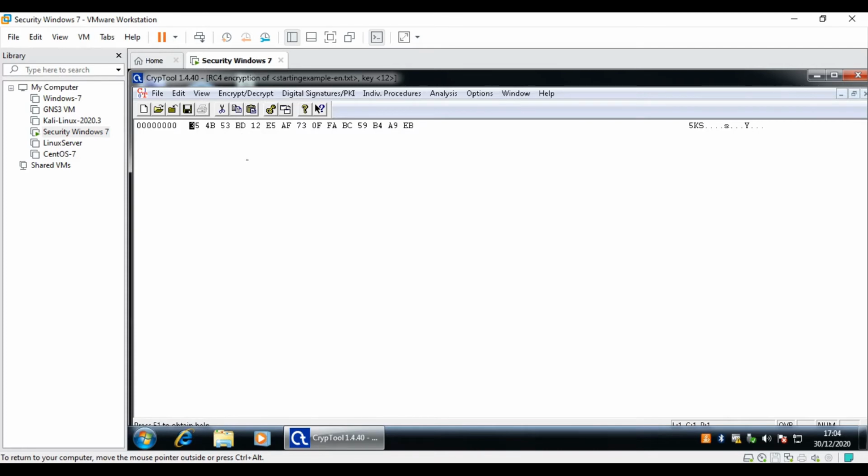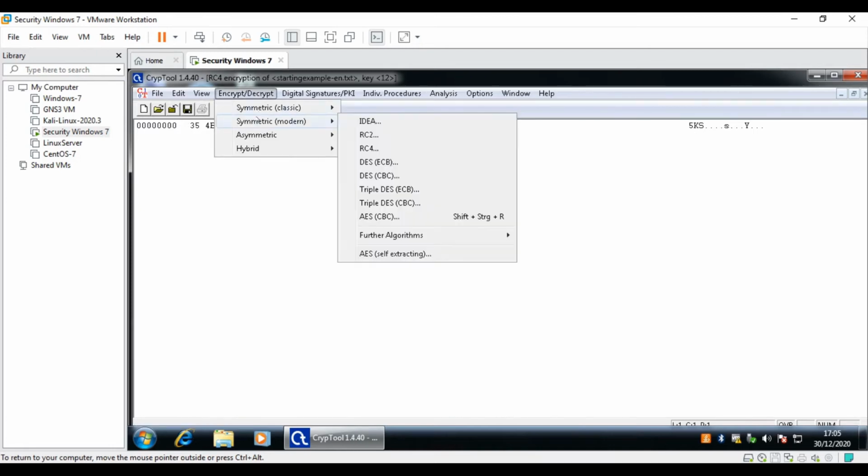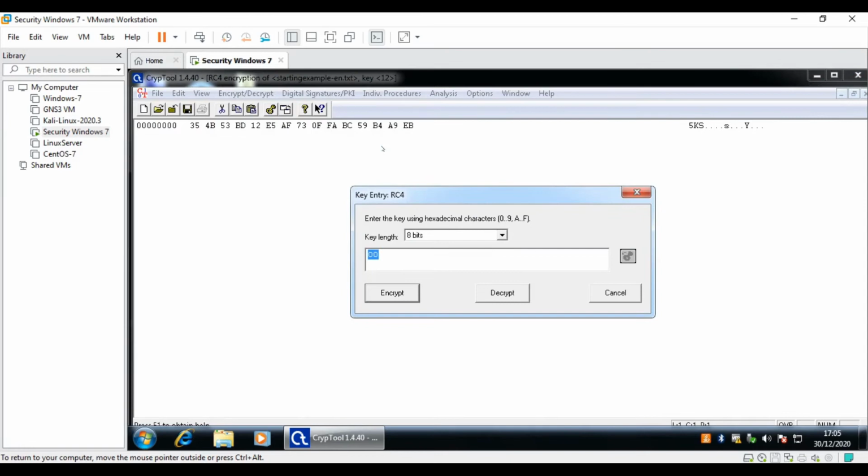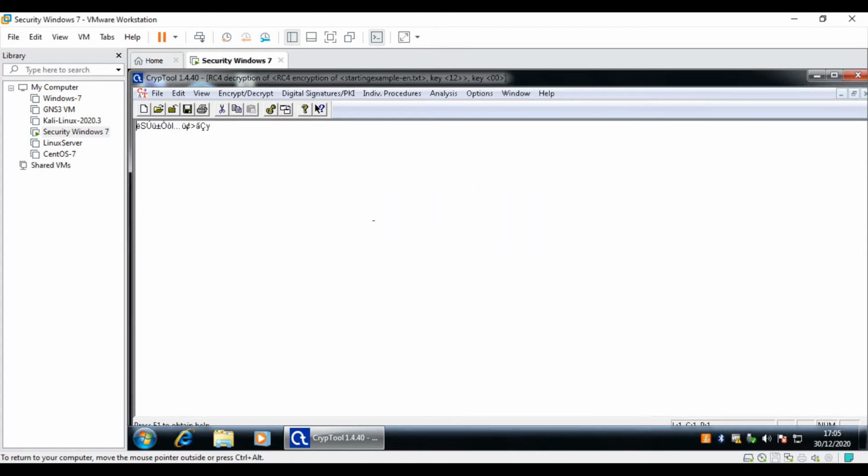Now let me show you how to decrypt this. If you remember, the password I used in this activity was 1 2. Now, if someone tries to decrypt this using a different password, let's say in this case 00, and I decrypt, you will get this kind of gibberish because you used the wrong password.